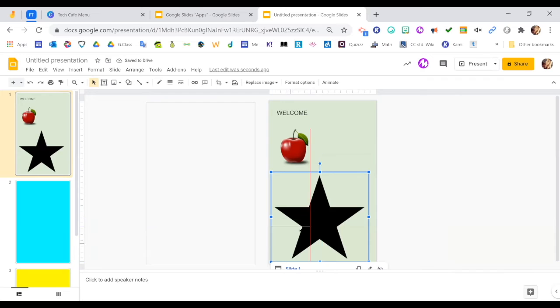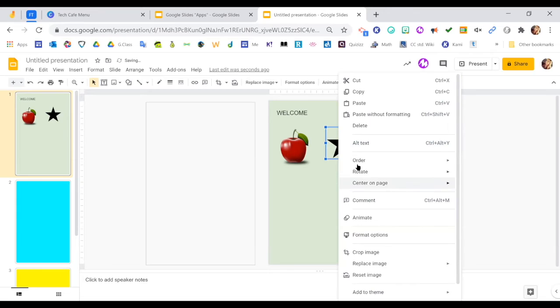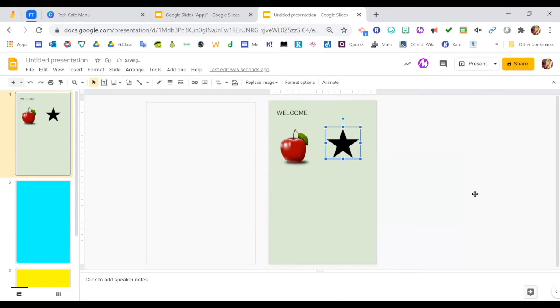Now this one, because it's the last shape I made, is on the very top. I don't want it on the very top. Oh, I don't want it linked here. So I have to order it and send it to the very back. So now it's at the same layer as the apple. Okay, so now I created that. Now I'm able to